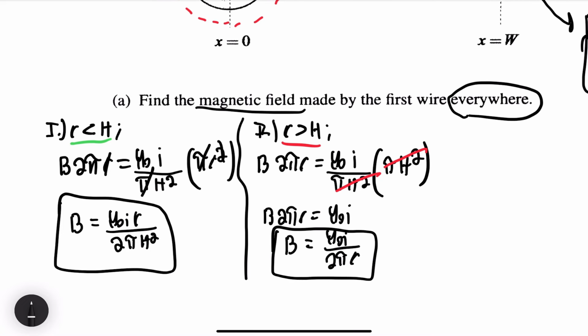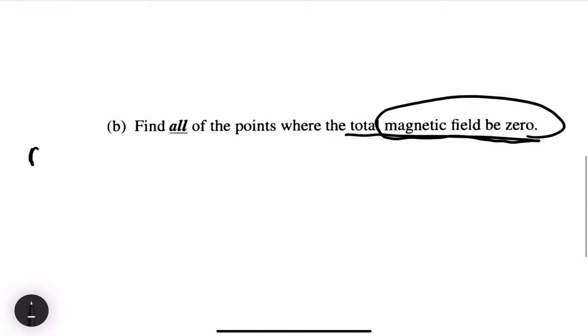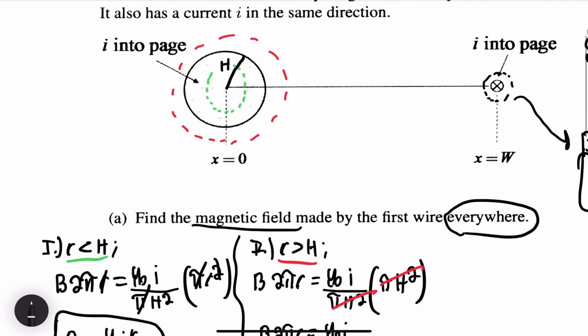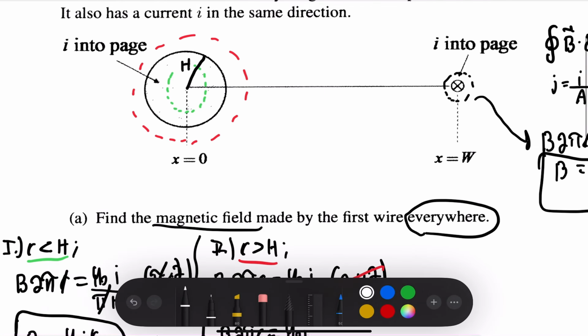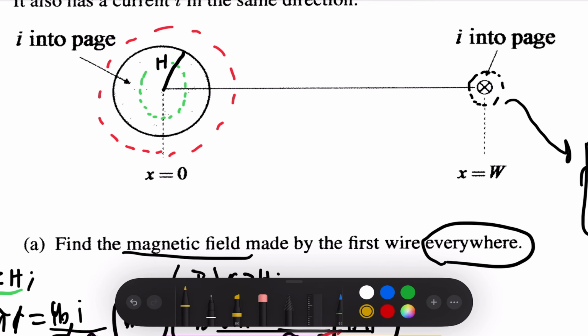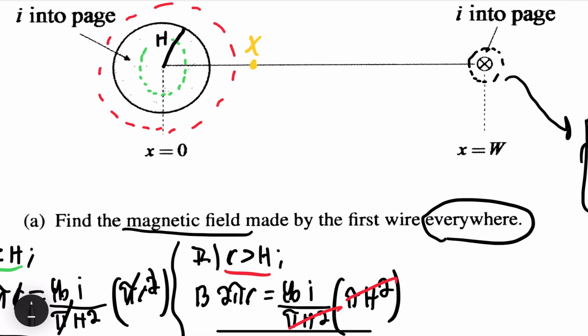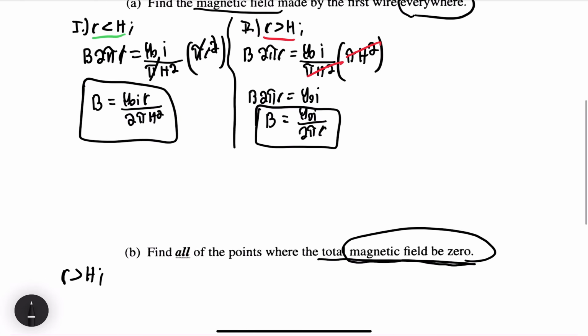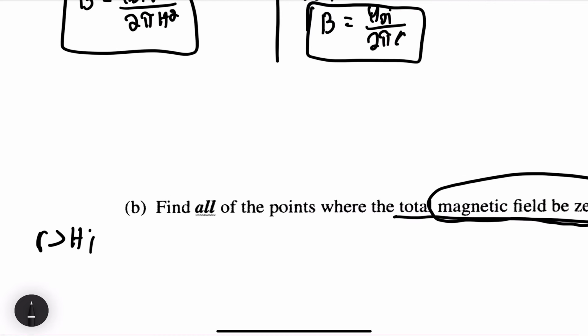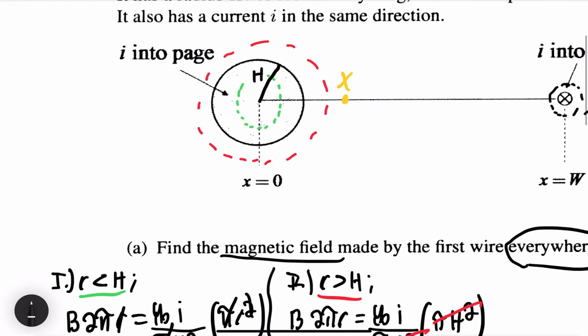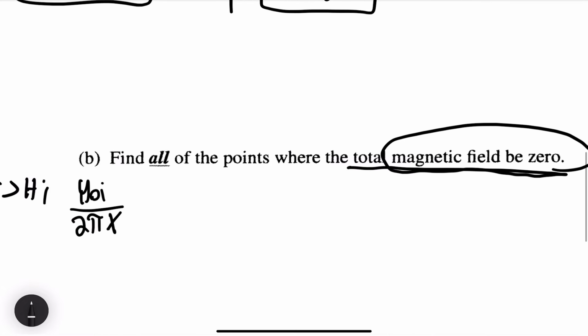So I'm going to start with when r is greater than h. When r is greater than h, I can just pick any point bigger than the circular wire. So I'm going to pick a point here. Let's call this x. So wherever I see an r, pretty much I'm going to replace it with this x. So when r is greater than h, I'm going to have mu naught I over 2 pi x, because my radius is now x, right? Like an arbitrary x, is equal to